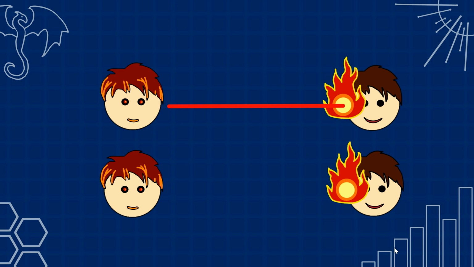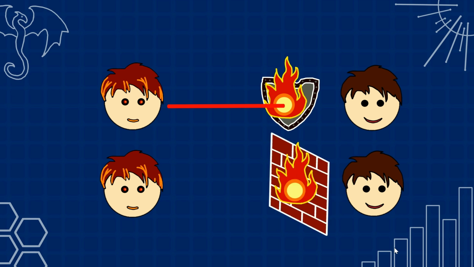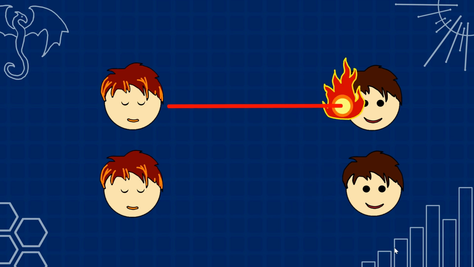The first spell can be easily blocked with a shield, while the second one needs a wall or other obscurement to break line of sight. But the second one also has a disadvantage. If you're blinded, you can't cast it. By making different effects useful in different situations, a skilled writer can create tension and a feeling of complexity.